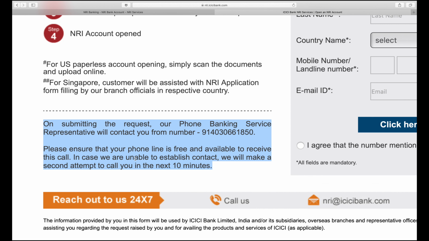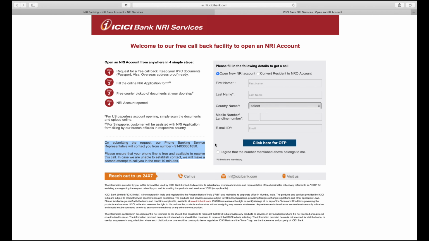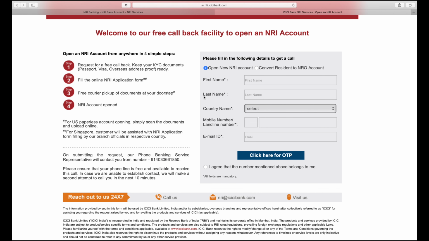Okay, so as highlighted over here, you will get a call from 40 area code from Hyderabad. Somebody will call you, and they will talk to you, and they will explain the complete process, and then you can follow the steps whatever they are providing you, and you can complete it and follow the step-by-step process. It is straightforward, it is simple, it is nothing complicated. You can do it very quickly with that.